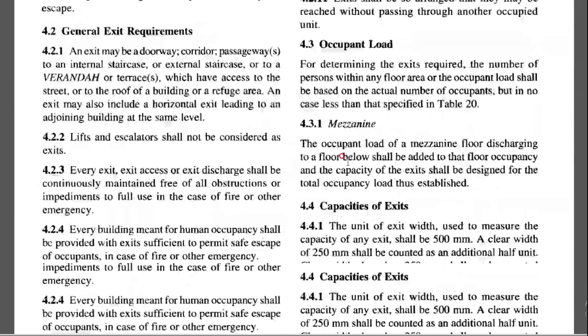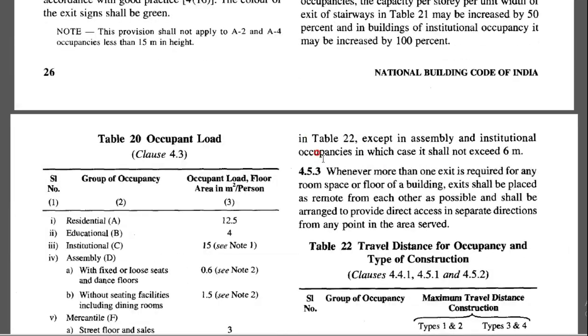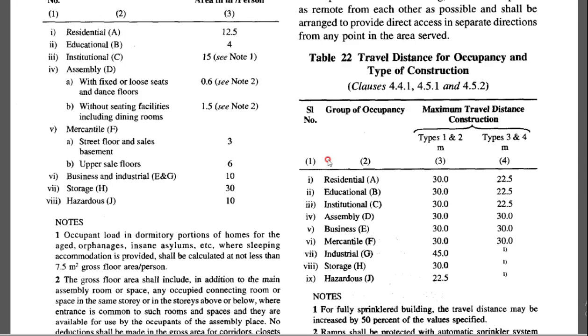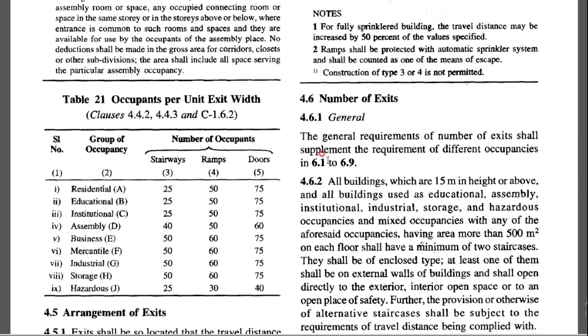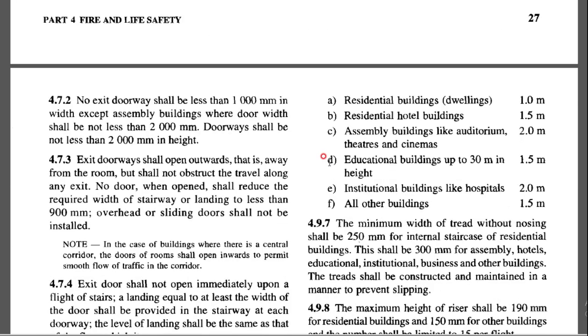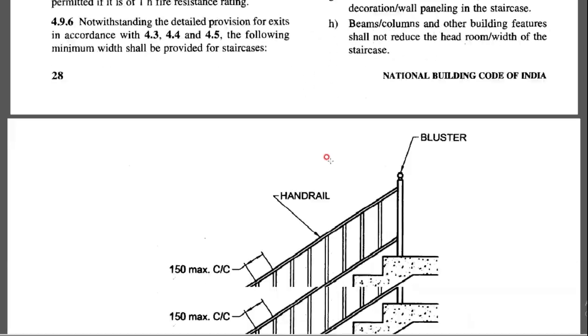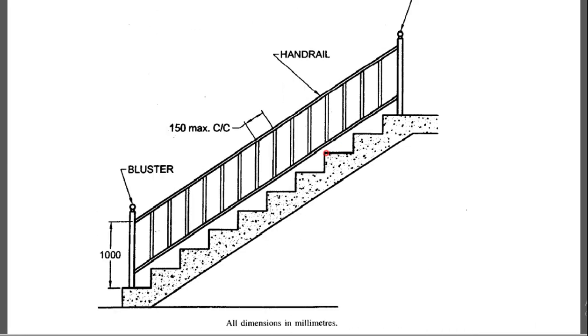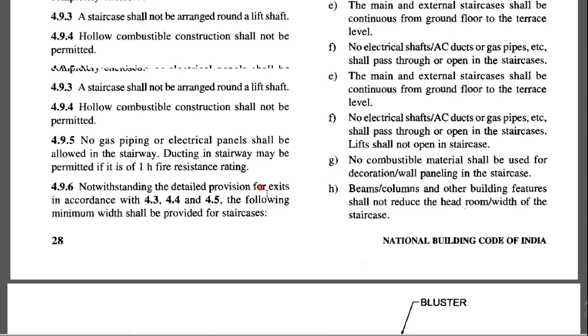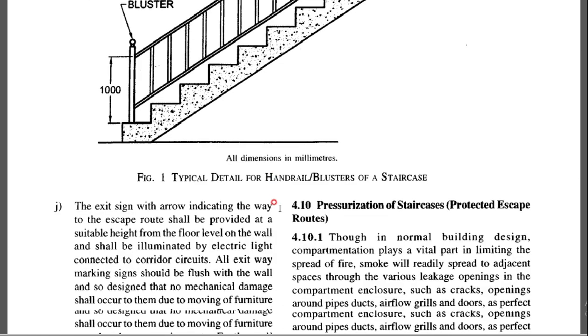Now we will see, we want to check one table that is there. For that table a lot of data has been given, that is called fire safety things. Okay, so this is one typical section for a staircase.